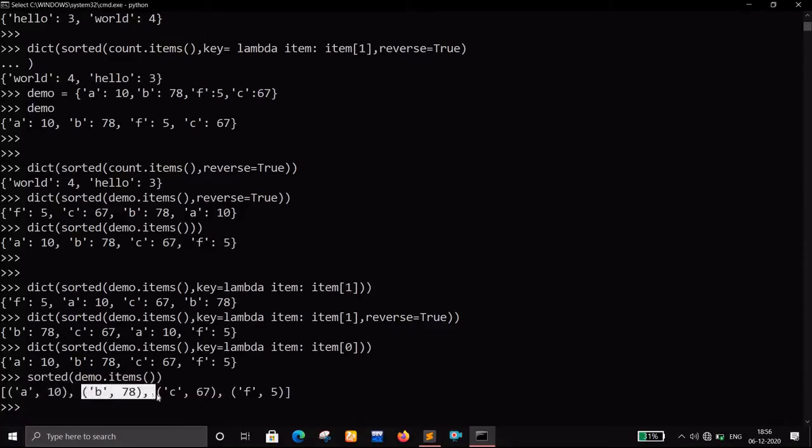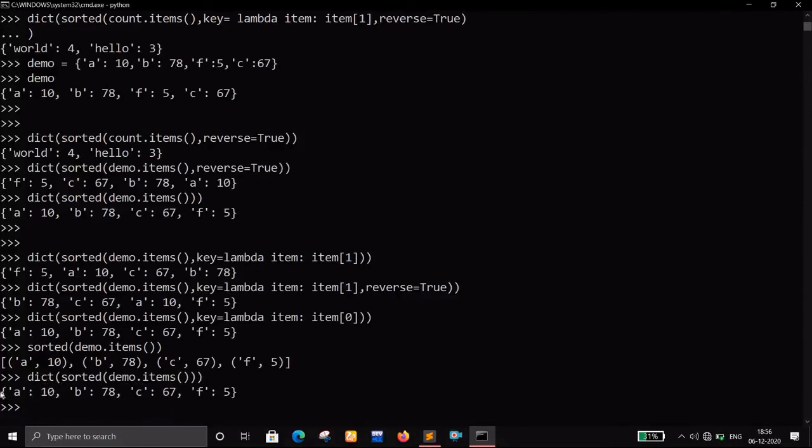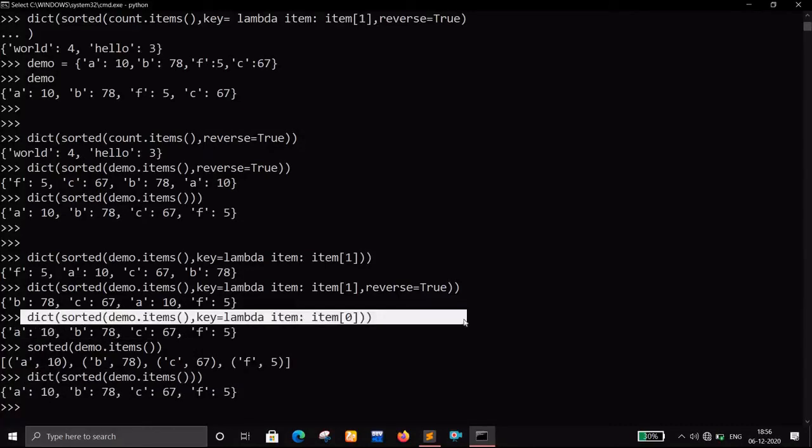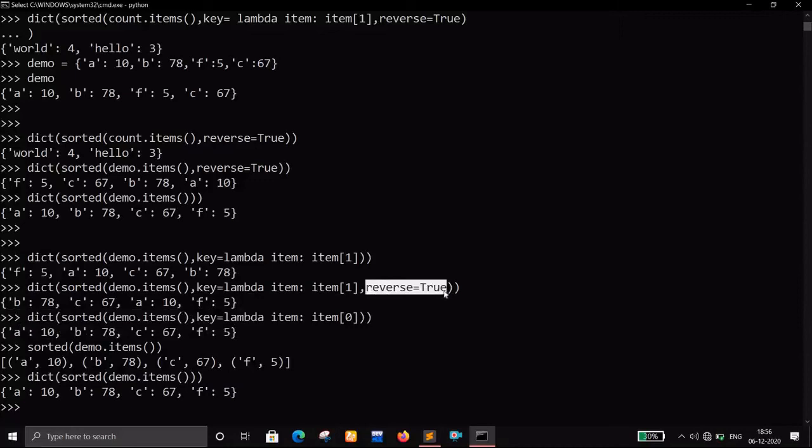So this is a tuple, this is a tuple, this is again a tuple, and these tuples are converted into key value pairs. How? Using the dict function. So if I say dict, now we get this. So basically this thing and this thing are the same, so that's why you don't need to write this one. And again, if you want to reverse it, just put reverse equals to true, and it will be sorted in reverse order